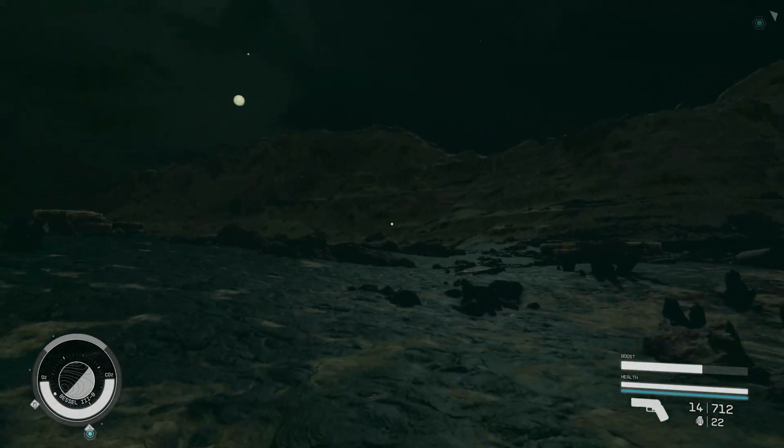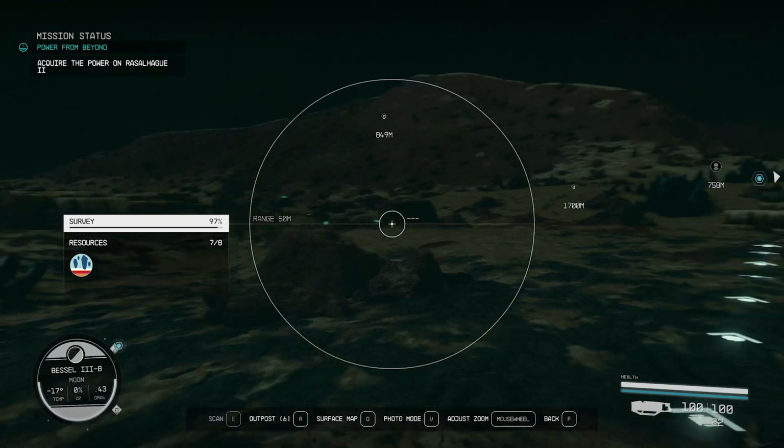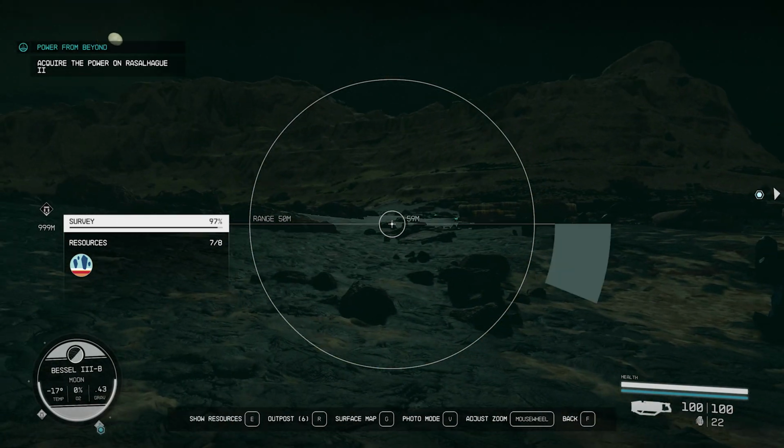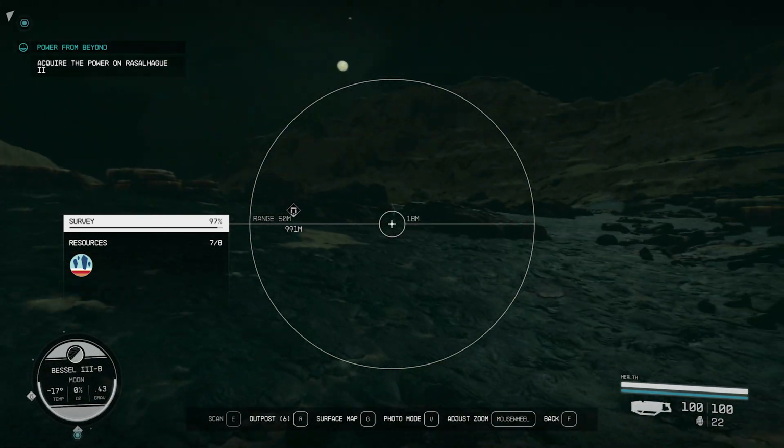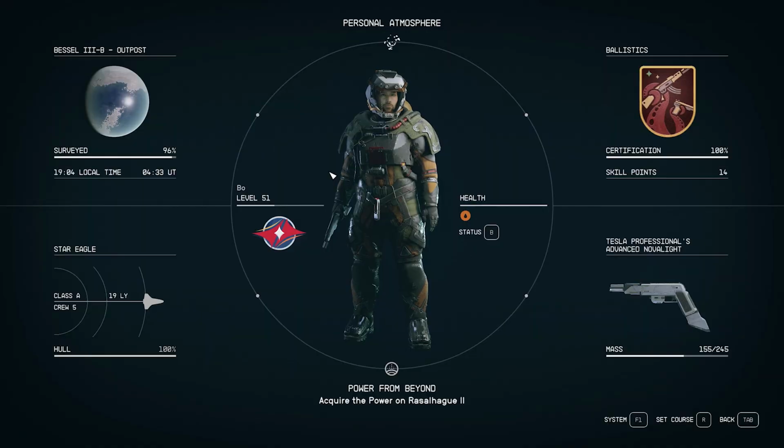And there's 2 ways you can do this. The first one is by using your scanner and surveying the planet. When a deposit is near, you will see the terrain marked with the color representing the source. When you start a new game, that radius of the scanner will be pretty narrow, and if you wish to